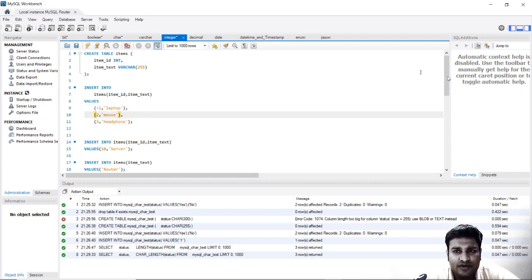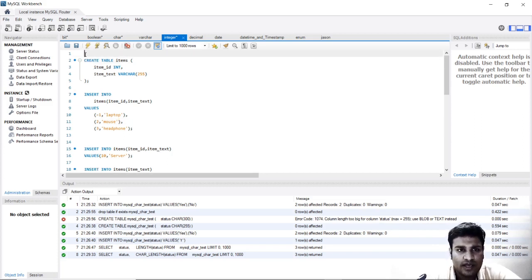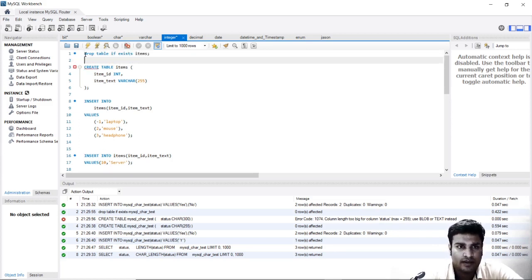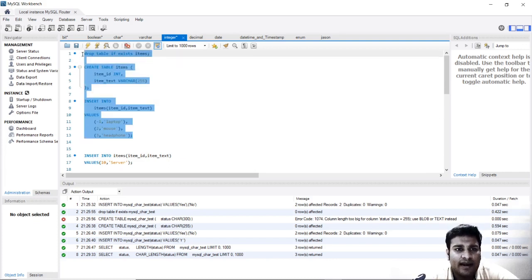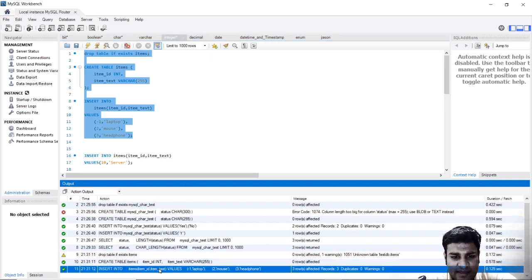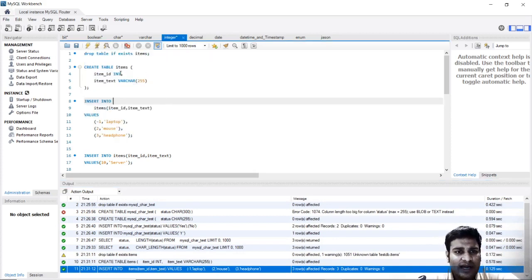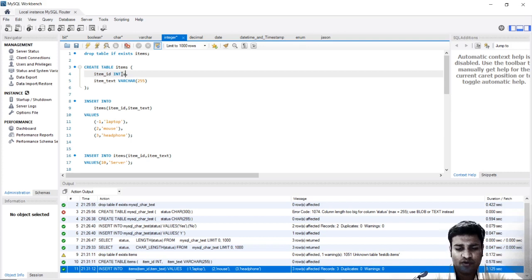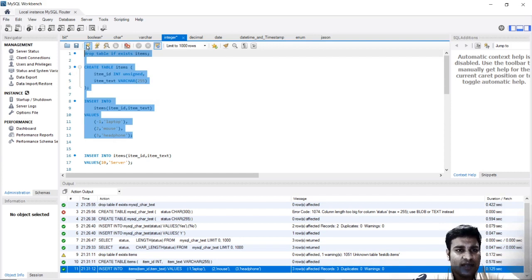And again, I will do one more thing. I will say drop table if exists items. Okay, now let me run all of these statements. You can see over here that it does not drop it because it does not exist. Then it creates the table and then enters 3 rows, which are -1, 2 and 3. Now let me make a change to this integer type. This is straightforward, but the change is I will just type one word over here. What is unsigned? Let me run it again. This should give an error.